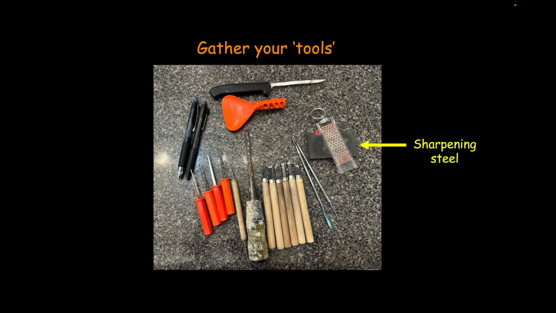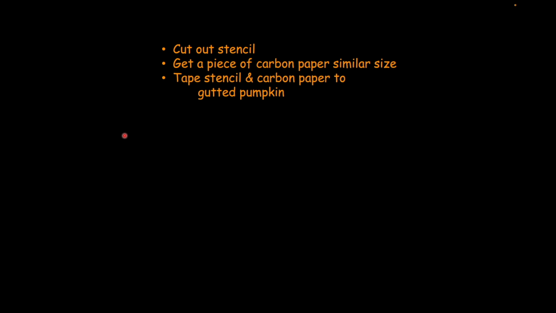And lastly, I would say to invest in a sharpening steel of some kind, or a sharpening stone, so that you can keep these chisels really sharp. It's really handy. Okay, so get out your stencil. You've printed your stencil of your pattern that you've made, and again, I have really step-by-step details on the website. Get a piece of carbon paper, and you can get these sometimes in hobby shops. I buy them by the roll because I use a lot of it.